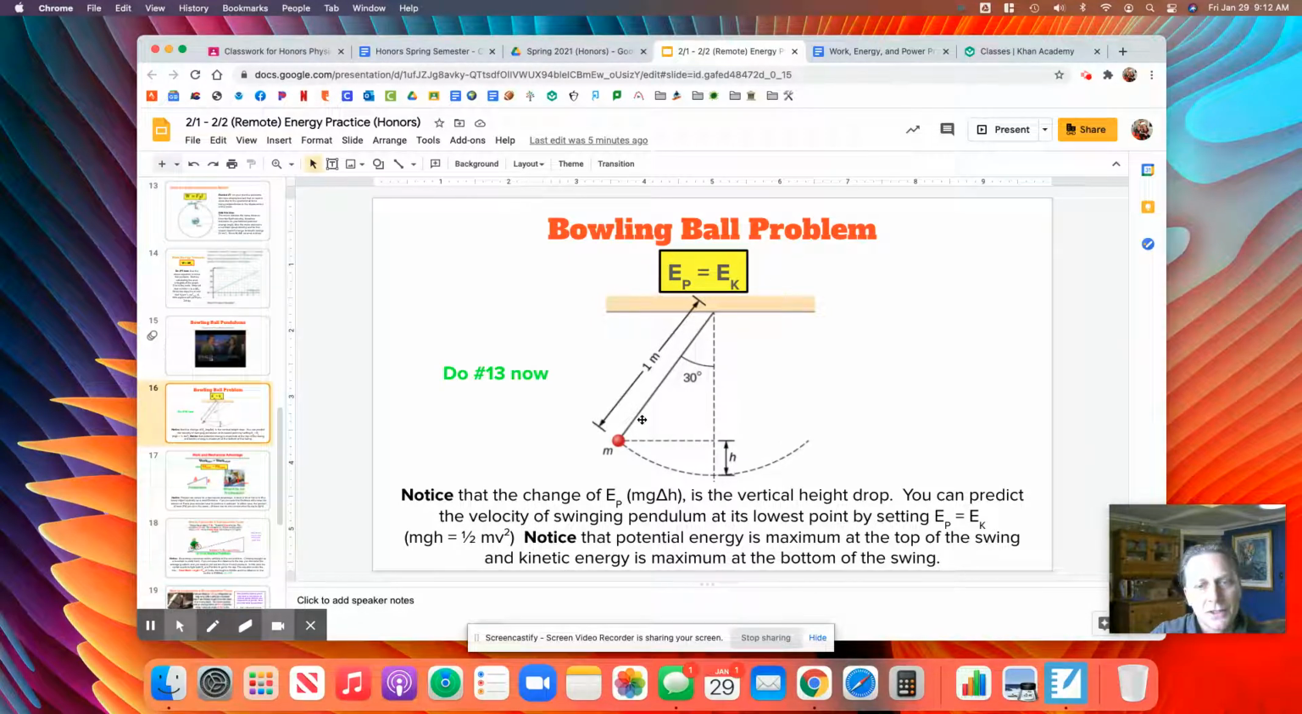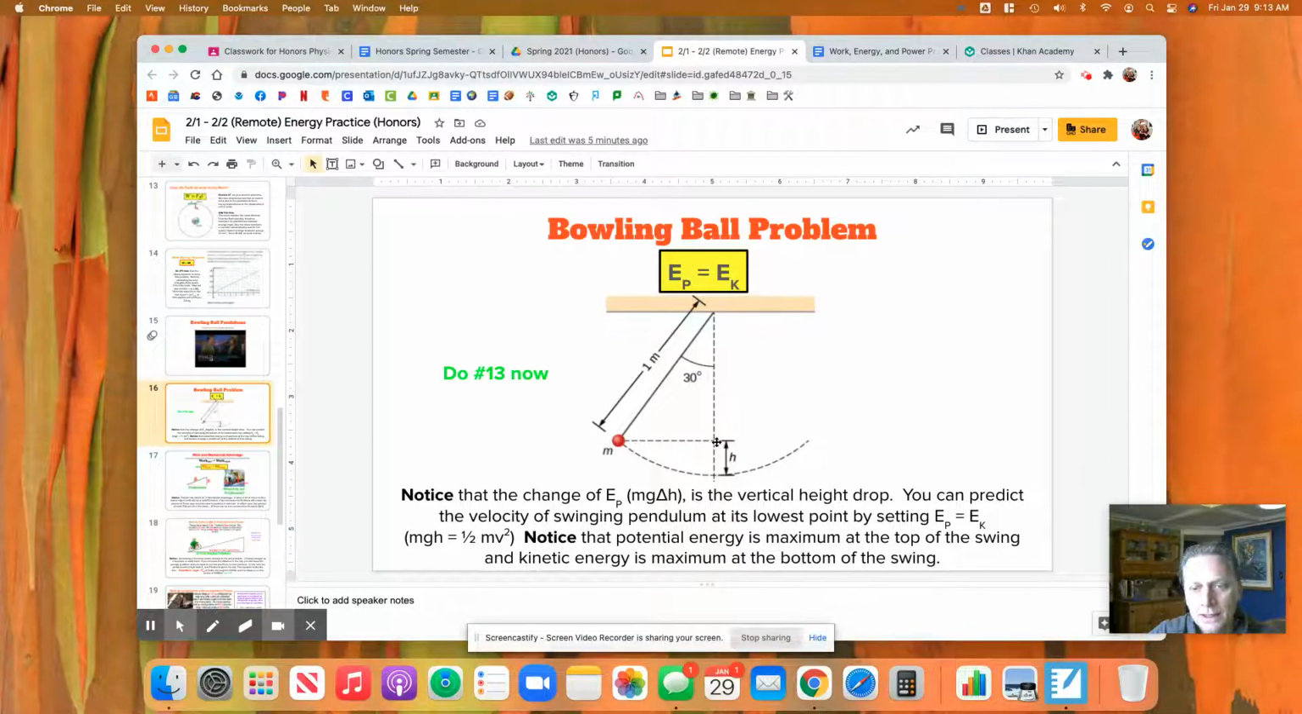So what we have here is the potential energy is maximum at the top here, and then the potential energy becomes 0 down here, and the kinetic energy at the top is minimum or 0, and then when it gets to the bottom, it's at its maximum. Okay. Now, if we know what this potential energy is,